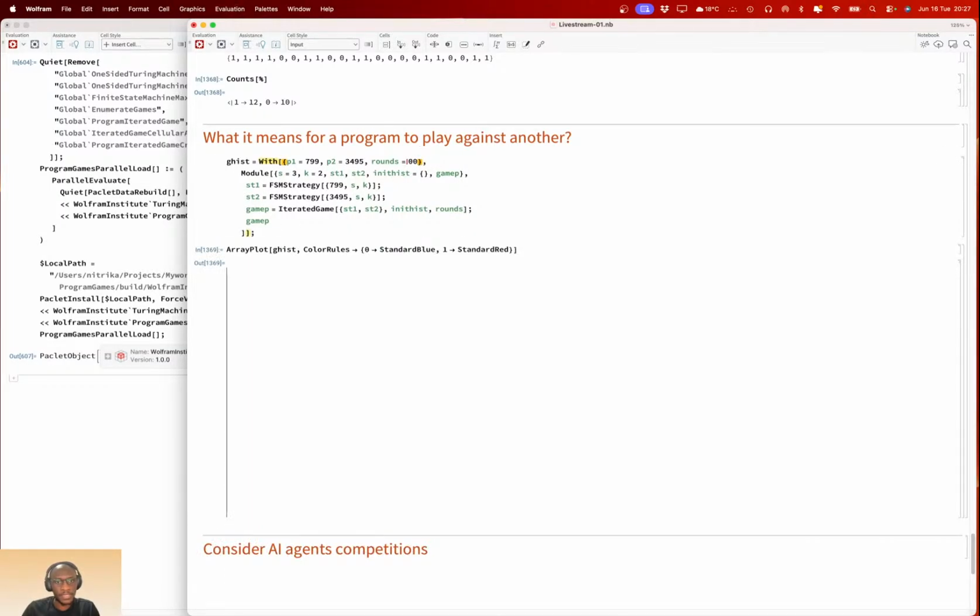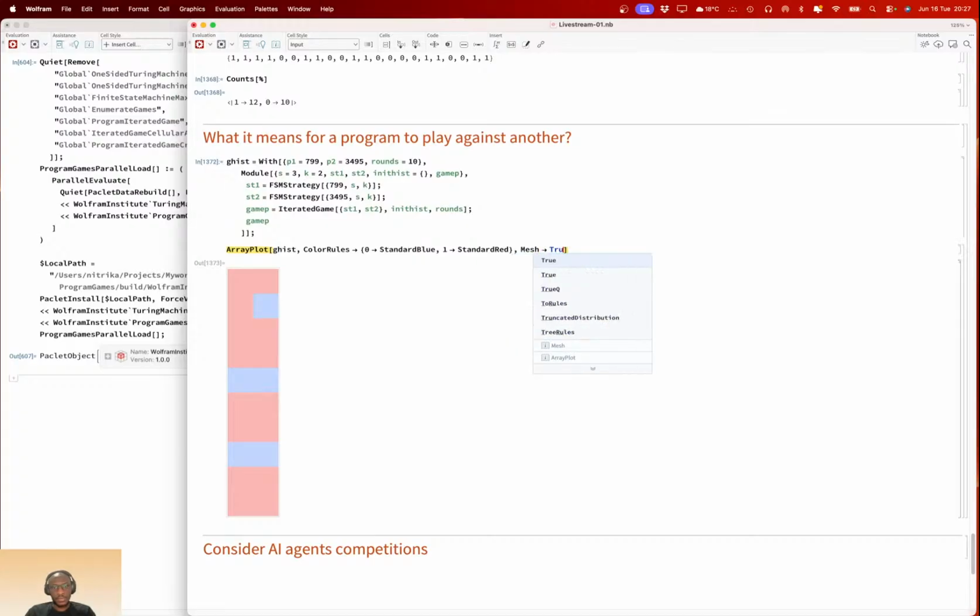Oh, so many rounds. Yeah, so let's add a mesh style, gray line.